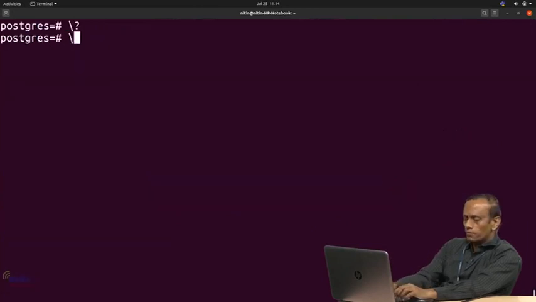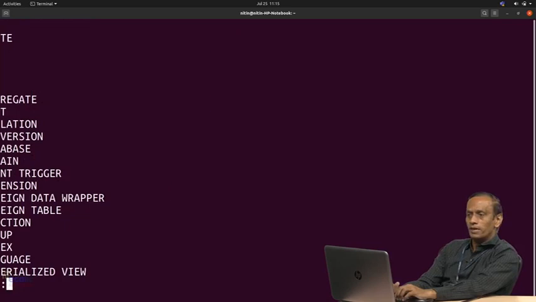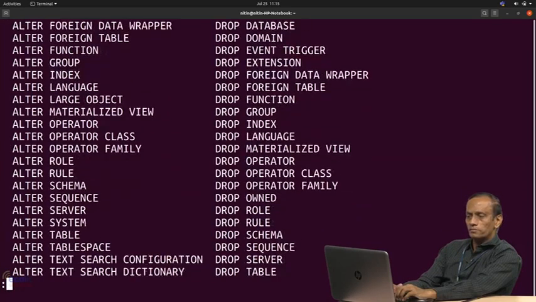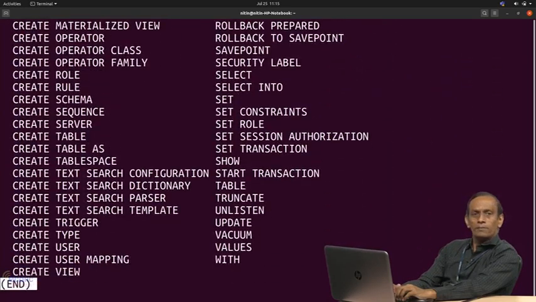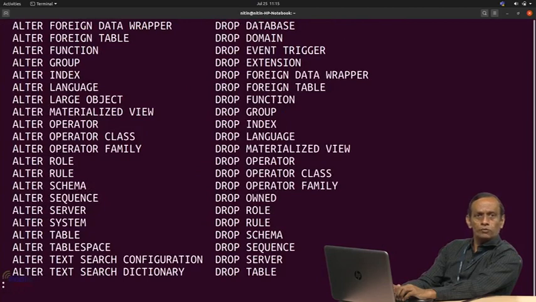So, let us first use slash h. Now, if you write slash h, it will show you multiple available commands with SQL. These are the kind of commands that should be known or used by everybody. If you carefully see this list, we have used very few of them. Even in this course, we are not going to use all of them, but we are going to use the majority of these, rather.